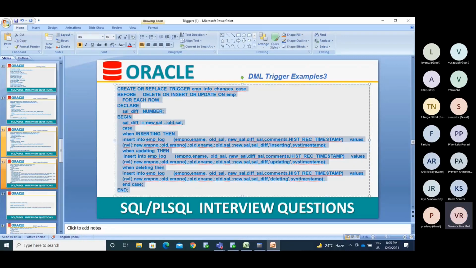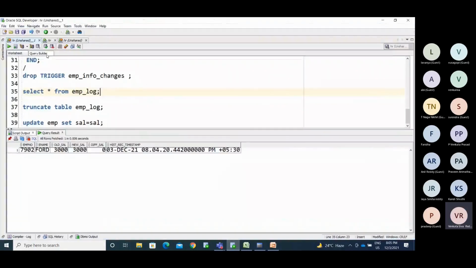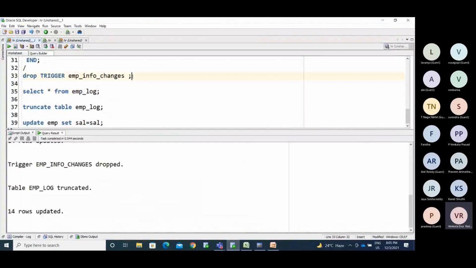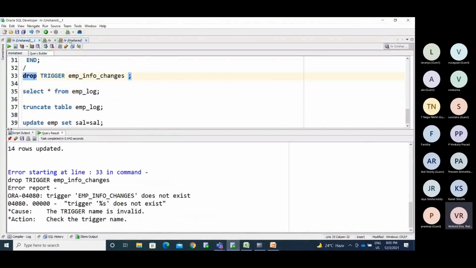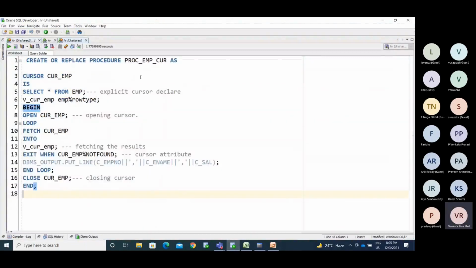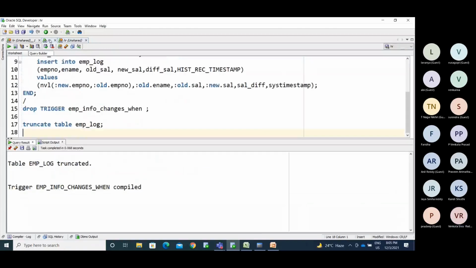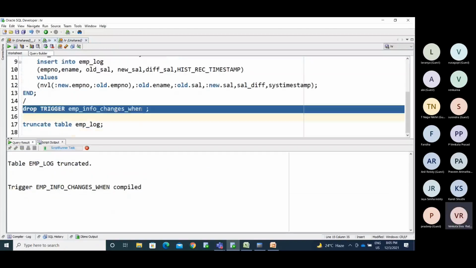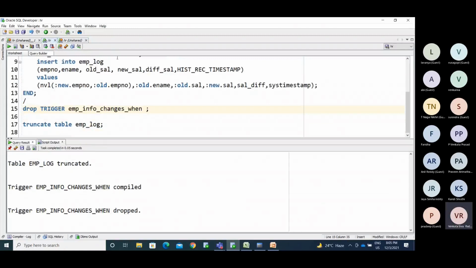So I'm taking this trigger. I need to drop the existing trigger. So the trigger I have mentioned, EMP info changes, more trigger for that. So the when trigger, I cancel that.